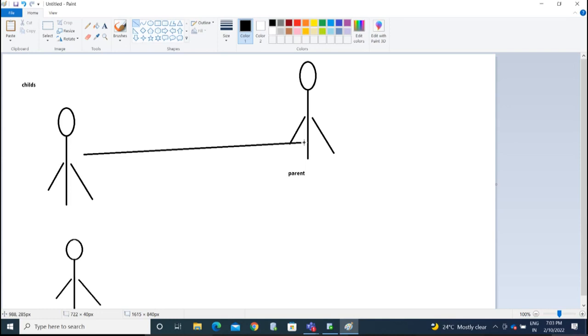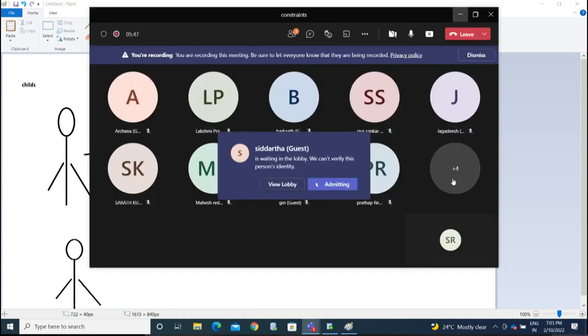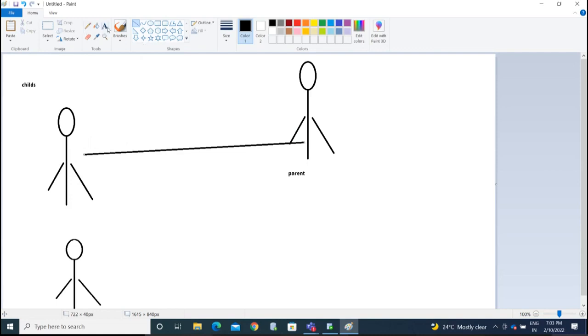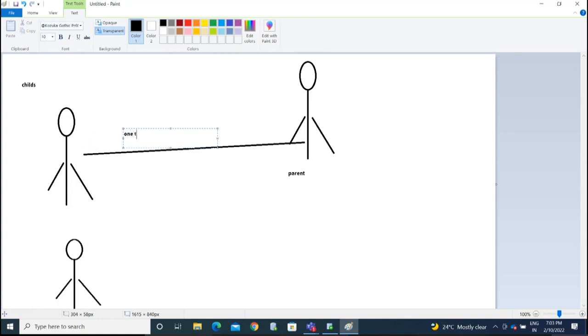a one-to-one relationship. One-to-one meaning one child does not have multiple parents. You may see that one parent may have multiple children. So if you see the relation in reverse,